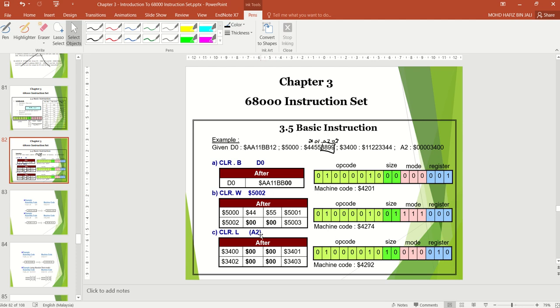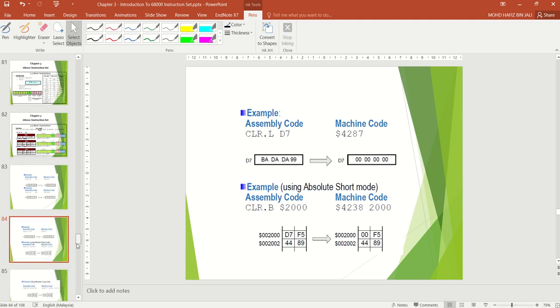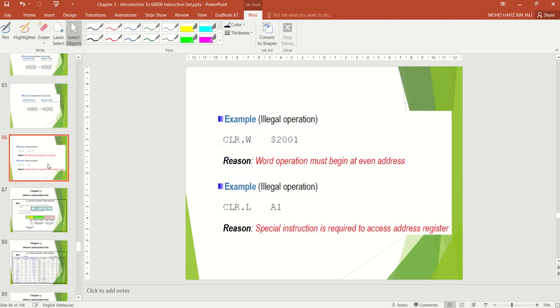The content inside the address location, we can apply this instruction. But this one cannot. It is an illegal operation. If you try to simulate, it will produce an error.